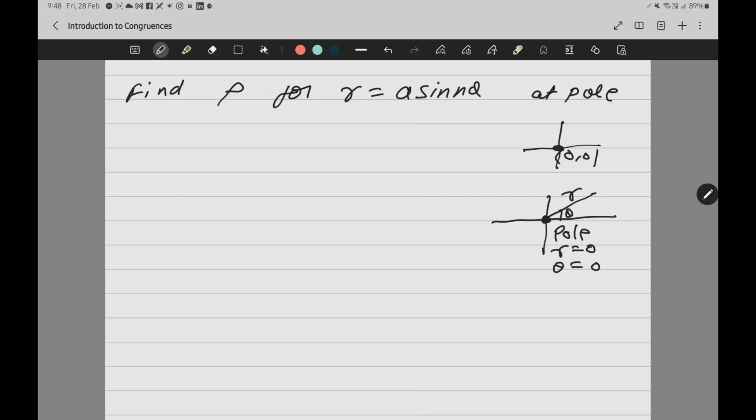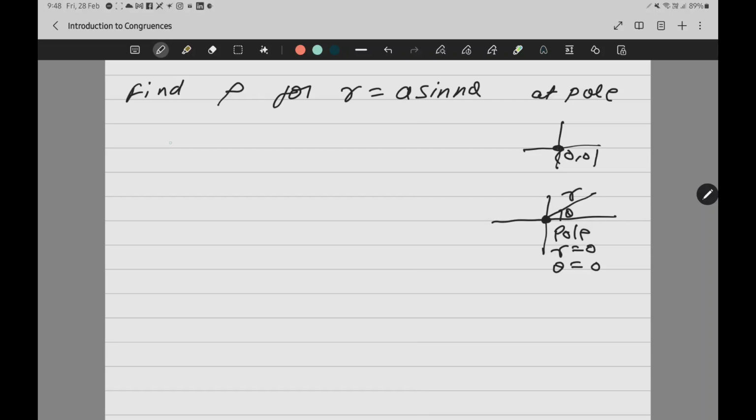Now since it is a polar form, I want to find out r1. Now see, even if I take log, it is not going to help me much. In fact, it will complicate the case, because differentiation of sine theta is cos theta. But if I put a log over there, it will become 1 upon sine theta into cos theta, which will take me to the cot. It's not complicated, but yes, you have to remember the differentiation of cot and all. So the better option is to directly differentiate.